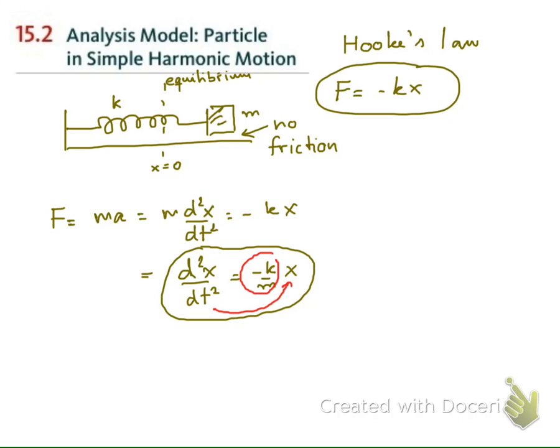So what we want is a function that, if we differentiate twice, will give the same function back, maybe with some additional constant times that function. So the first condition is that